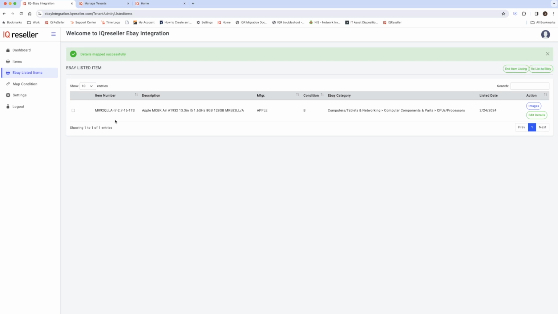So you would come over here and mark the item and come up to the upper right here and click on relist to eBay, which will then process that new listing, or that updated listing, I should say, to eBay. Now, once you do list an item to eBay, whoever has the eBay account would get an eBay notification sent to their email,